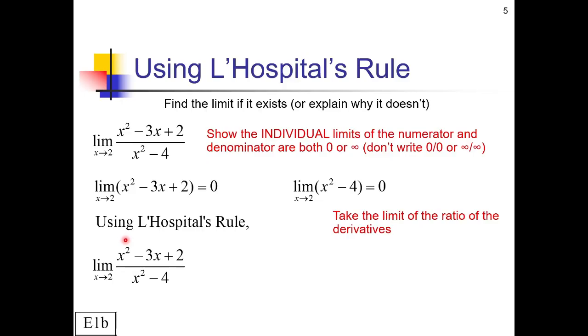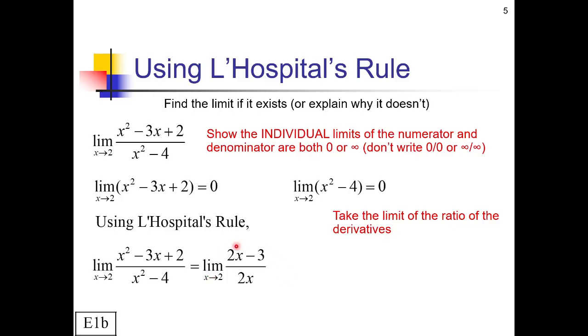So my derivative of my numerator, that's going to be 2x minus 3. And notice I'm keeping my limit there, as x approaches 2, so I still have a limit here. And now for my denominator, that's going to be 2x. And just like before, I'm going to plug in 2 now. I'm going to mentally check just to